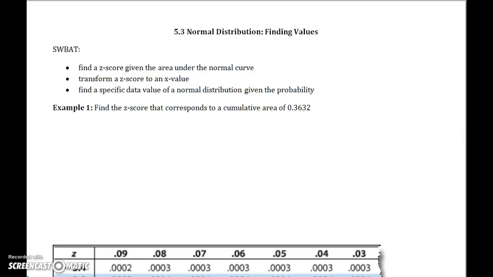All right, welcome to 5.3 normal distribution, finding values. Our SWABAT is finding a z-score given the area under a normal curve, and we're going to transform a z-score to an x value, and then finally we're going to find a specific data value of a normal distribution given the probability. Example 1. Find the z-score that corresponds to a cumulative area of